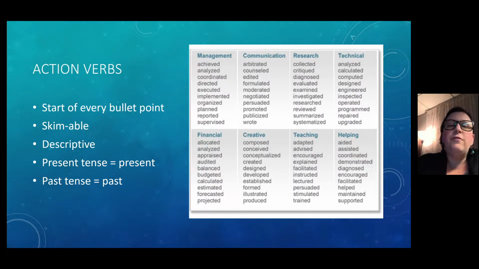And again, you want to start every bullet point with an action verb if you can. You want to make sure that they are in present tense for the positions that you might still be in, and past tense for positions that you have left, indicating that they're finished. Those are the biggest things in terms of using your action verbs. And you can always right click on any action verbs that you use to get some of these synonyms, so that you're not using the exact same verbs for every entry on your resume.